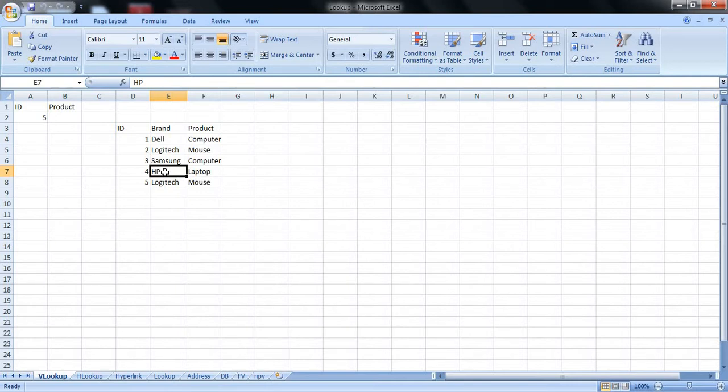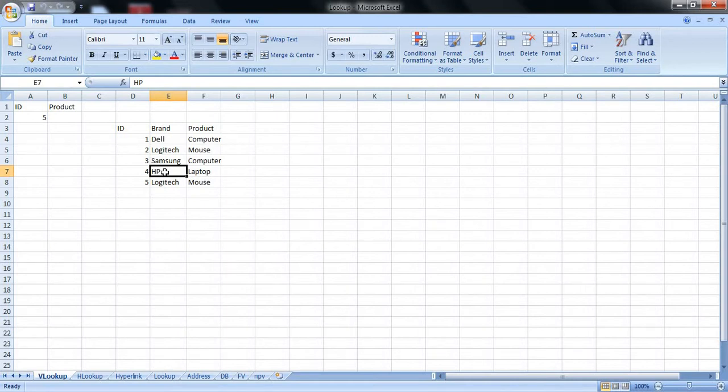In simple terms, according to the given reference, we have to give a reference to extract a particular data. For example, here the reference is HP. According to the given reference, lookup and reference functions will give you the desired outcome.